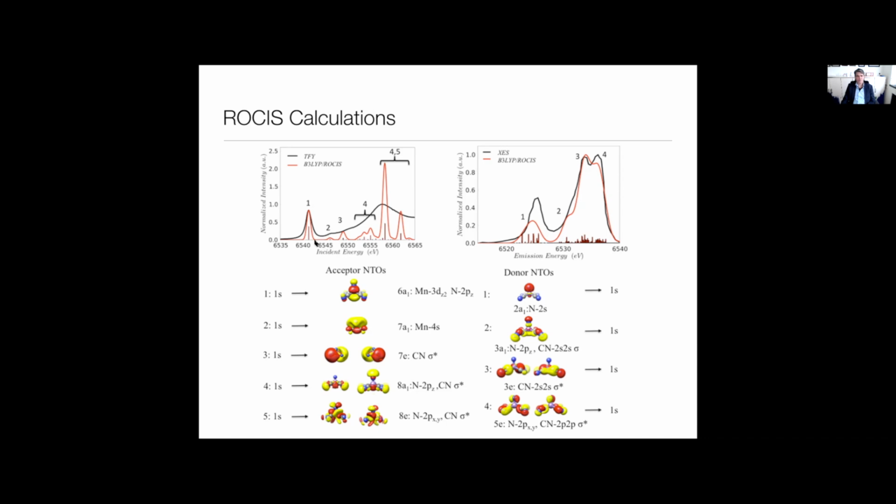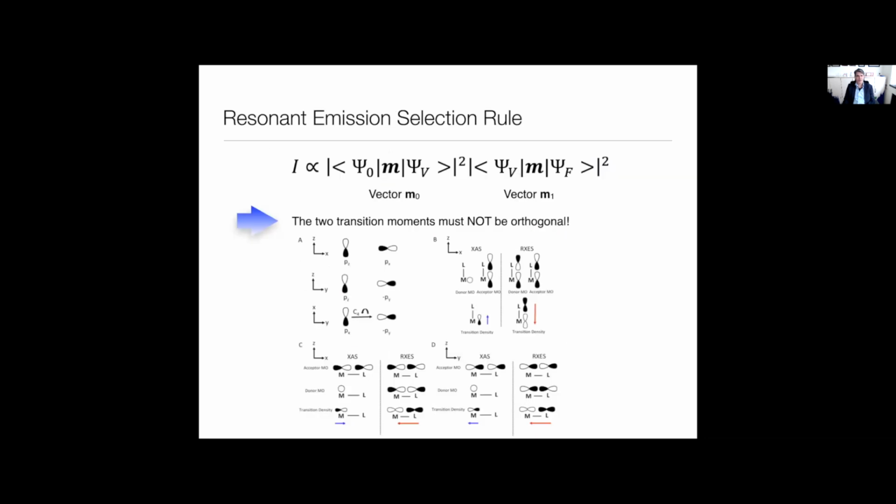The most important one is that the first transition here, that is arising from the very strong interaction of the metal dz squared orbital with the nitrido nitrogen pz orbital, and of course that gives rise to a nicely Z-polarized transition that is directed along the metal-nitrogen bond.